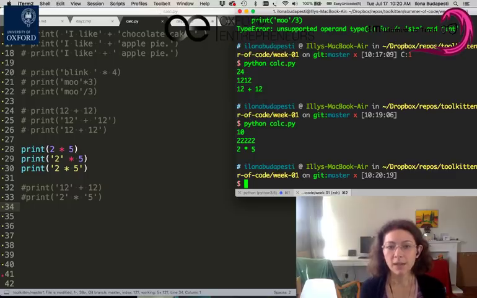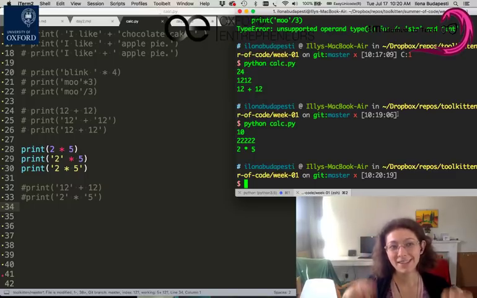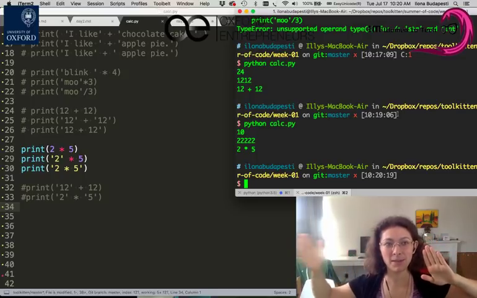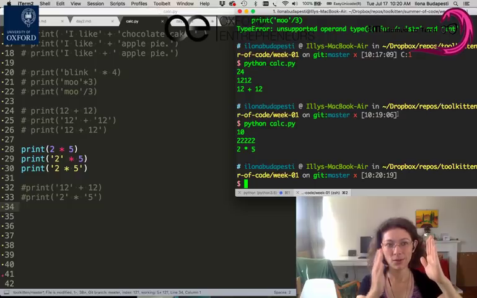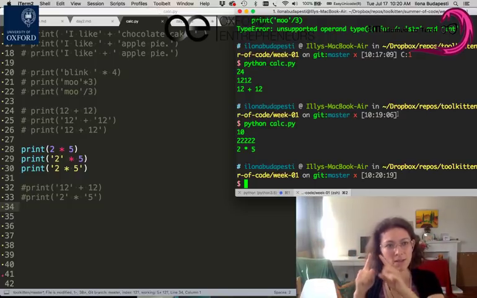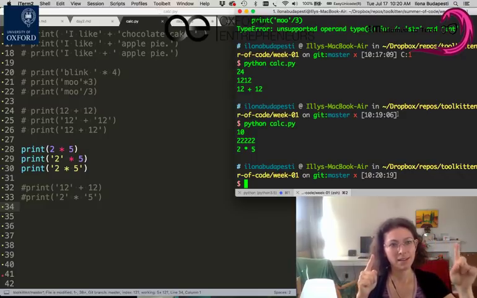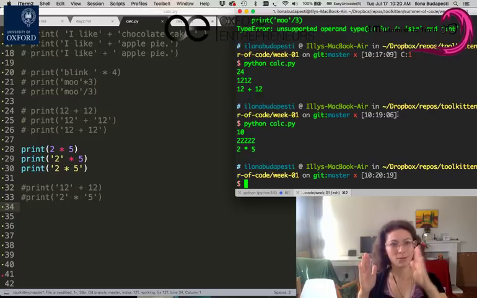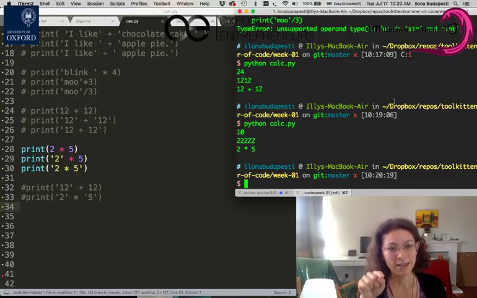Oh, so 2 times 5, no surprise, is 10. Now the digit 2, or the character 2, here in the string, repeated 5 times, is a 2 and a 2 and a 2 and a 2 and a 2. I think I'm being mirrored, so for you it looks like this. Yeah, wow. Okay, that's really hard for me. So 2, 2, 2, 2, 2. Okay, cool. And if you write out the string "2 * 5", then that's what you see